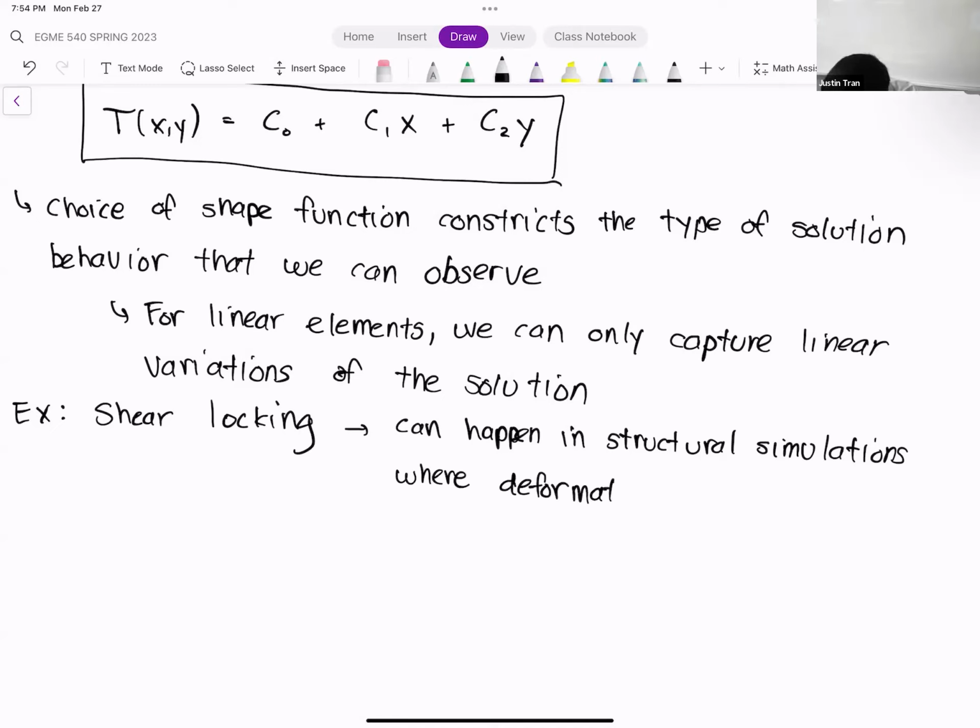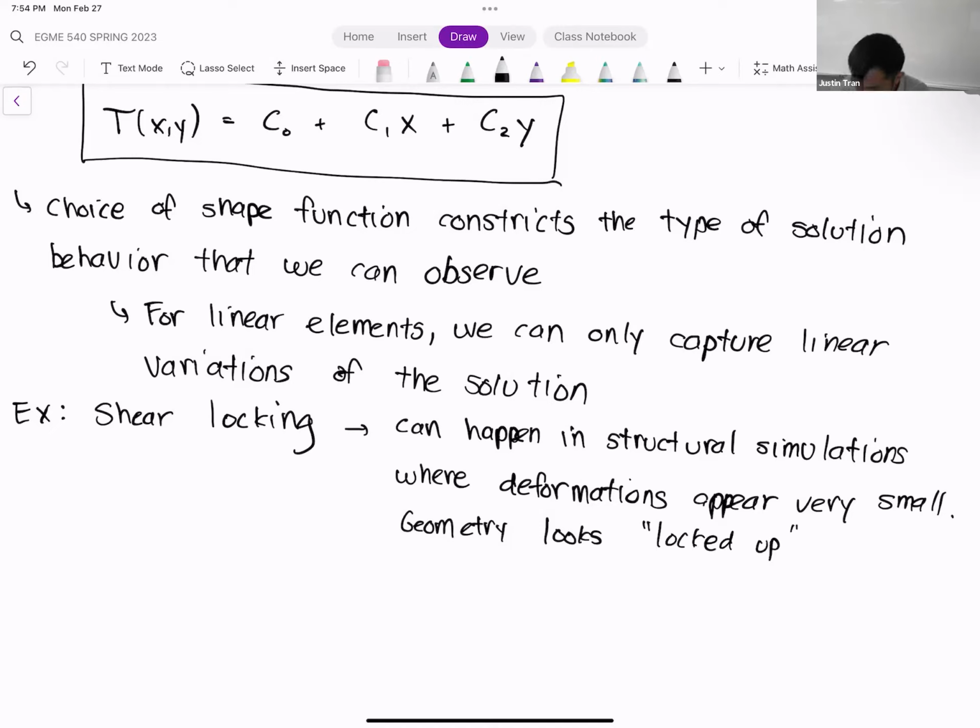So the deformations appear very small. And so basically it looks like the geometry is kind of locked up. Okay. All right.